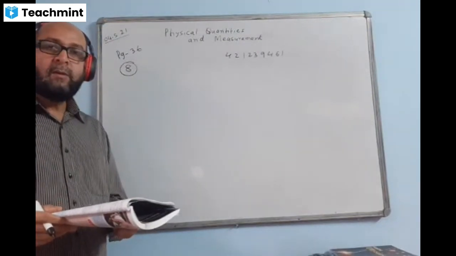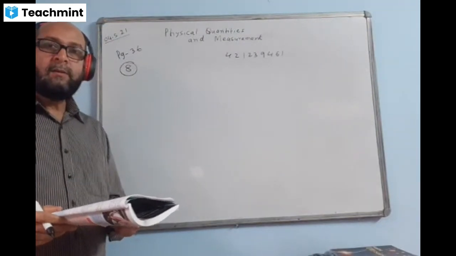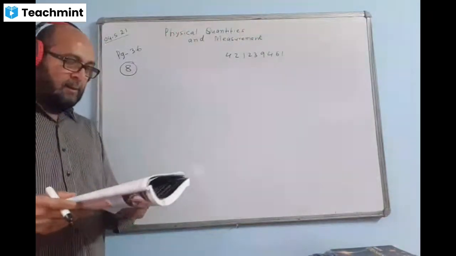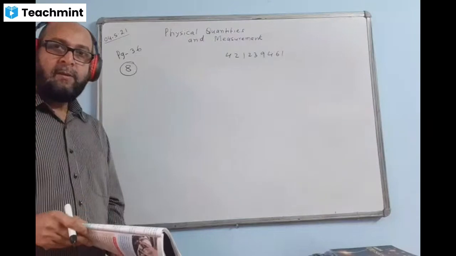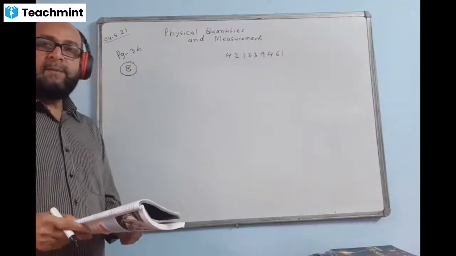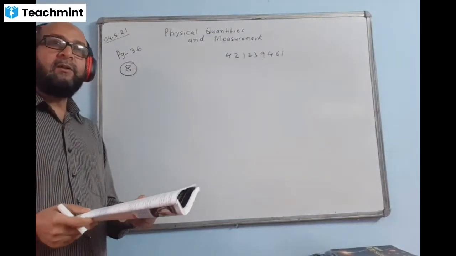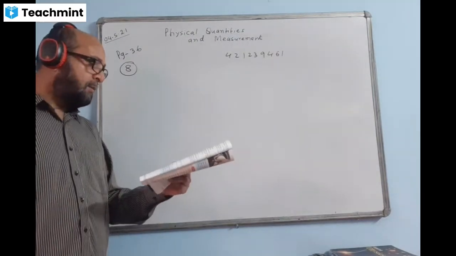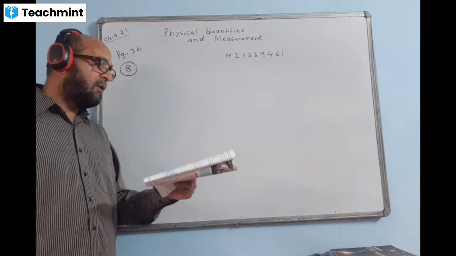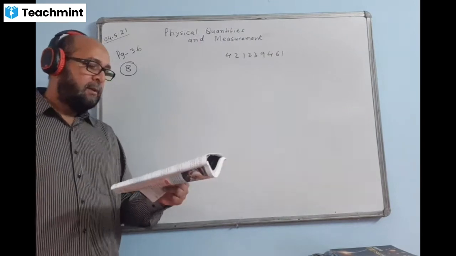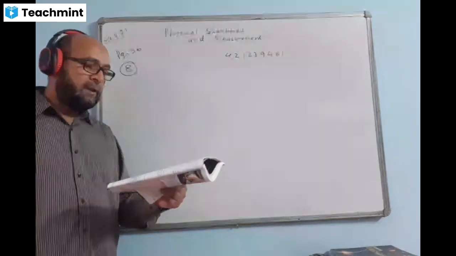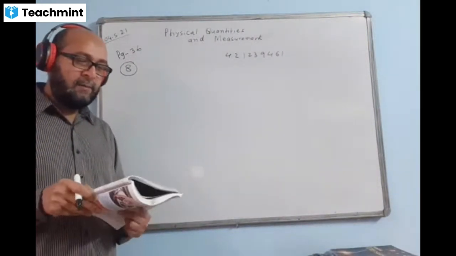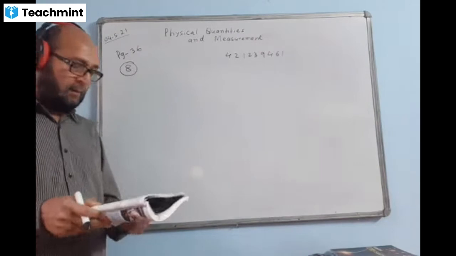Now, can you see? Maybe it's your network problem. So you see the video, okay? Please see the book, question number 8. Mass of solid is equal to 72 grams. Initial volume of water in measuring cylinder is 24 ml. Final volume of water, with the solid completely immersed in water, is 42 ml.